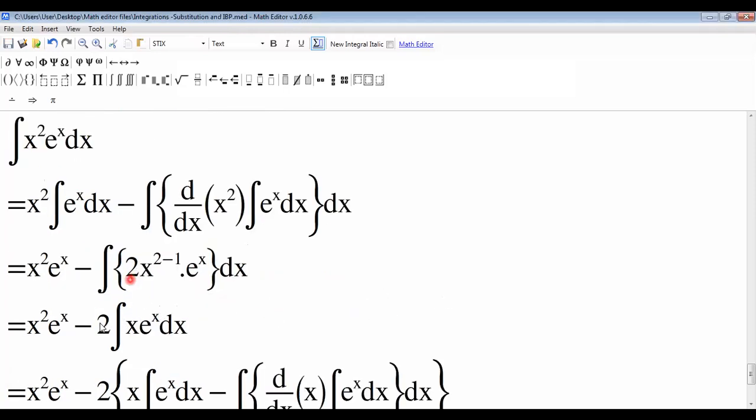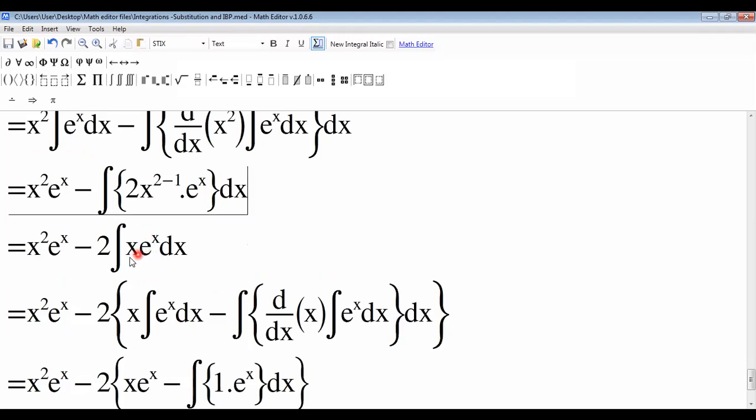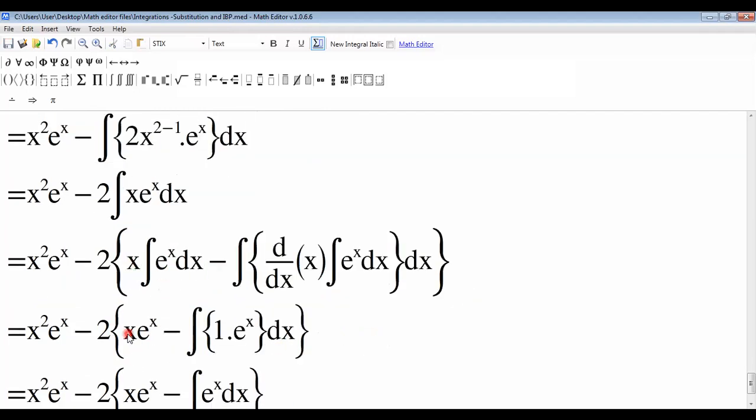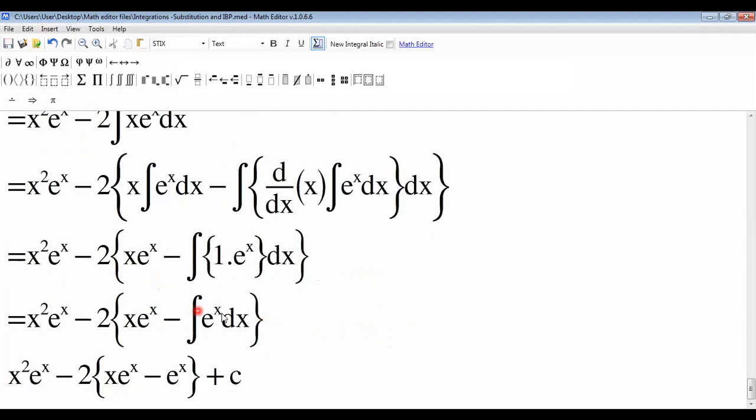So we get 2 as the constant here, and x e to the power x. Again the uv rule. Remember it. Again uv, product of two functions. So u times integration of v, minus differentiation of u times integration of v, again differentiation. Understand? Again the uv rule here. So x and e to the power x: the integration of e to the power x, and the differentiation of x will be 1, and the integration of e to the power x dx will be e to the power x. So only e to the power x.